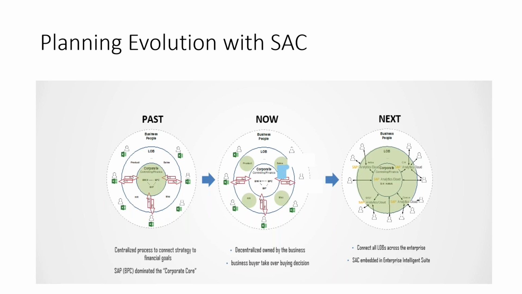Once your plan is ready, who should execute it? It's the business users, your managers and the operational people. Once the plan is ready, it will be sent across to them. So there are three layers, and they work in different ways. In BPC, the planners work in Analysis for Office, and once the plan is ready, the data is sent to the business users in the form of Excel sheets.